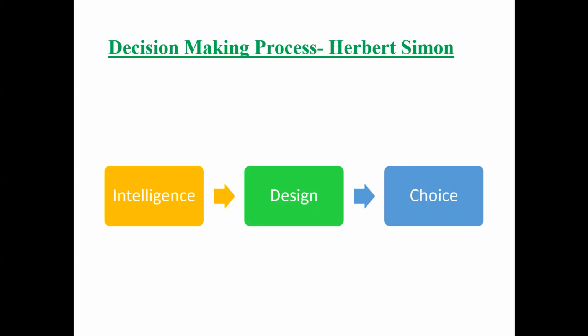Now, this is all about the process of decision making. This we have already discussed. This process was given by Herbert Simon. The process starts with intelligence, design, and choice. So the first one is intelligence, which means the collection of data and identification of problem. Second one is design, means you analyze the various alternatives and you test for feasibility, means whether that particular solution is possible according to the organization or not. And then choice is finding the best alternative that is suited to the organization in this particular situation.